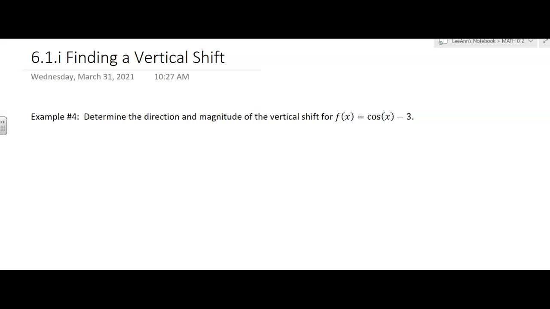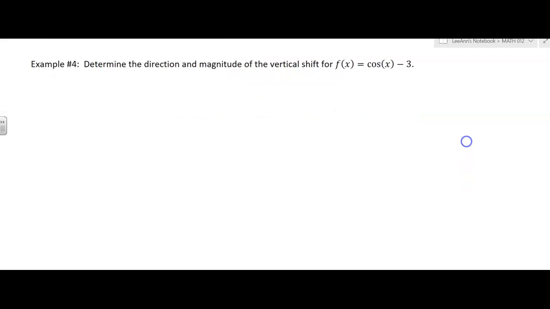Okay, so here we're going to find a vertical shift. This time we want to find the direction and magnitude of the vertical shift, but it's a cosine curve. Now notice that the -3 is not inside the parentheses. That's important because if it were inside, that would be C, but now this is D. So using our form,